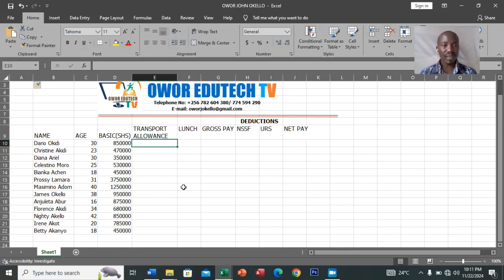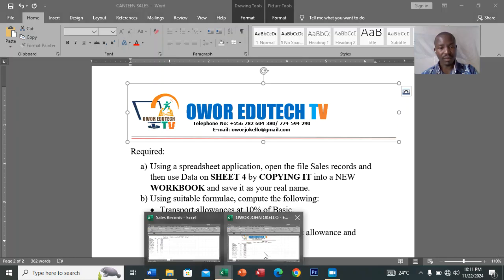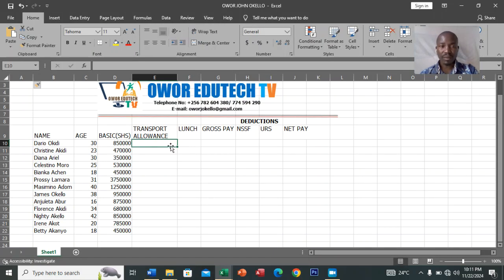Then the next thing we are going to see is the percentage given for the allowances. So transport allowances are 10% of basics. Then lunch 15% of basics. Let us first calculate the lunch and transport. We begin by calculating transport allowance. So we put equal sign. Transport allowance is 10%. You can put 10 divided over 100 and multiply by